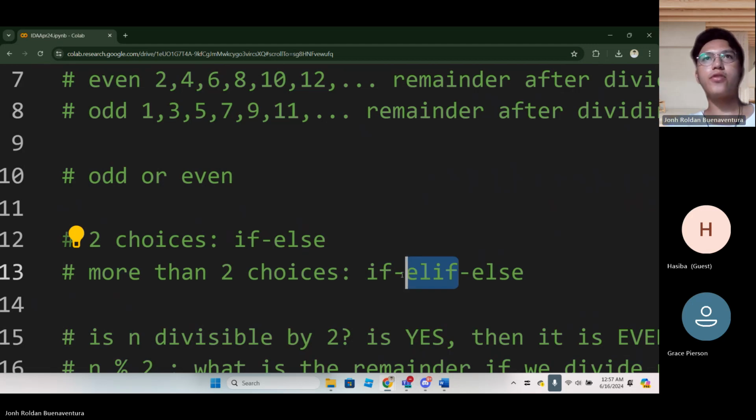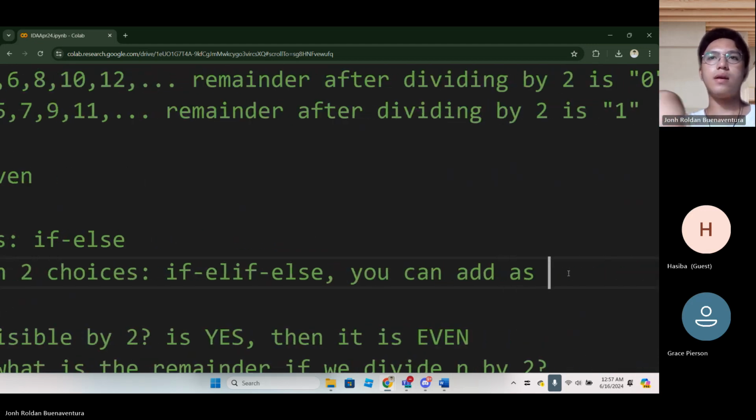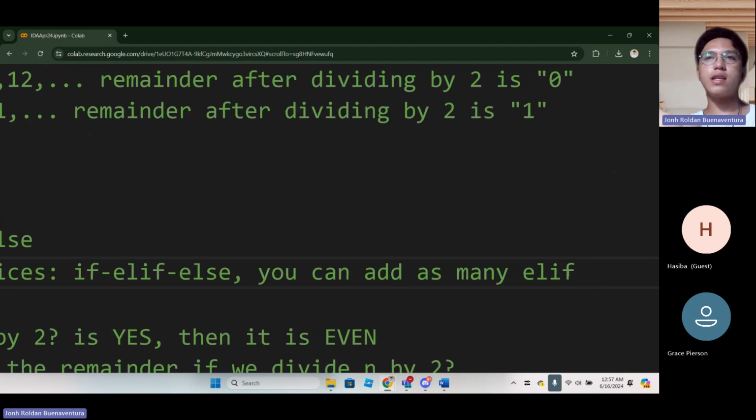If you have 14 choices, you can add 12 elifs. So that's the case. You can add as many elifs as you want. Not as you want, but technically as you need.